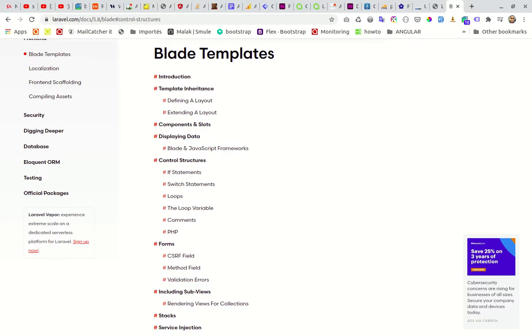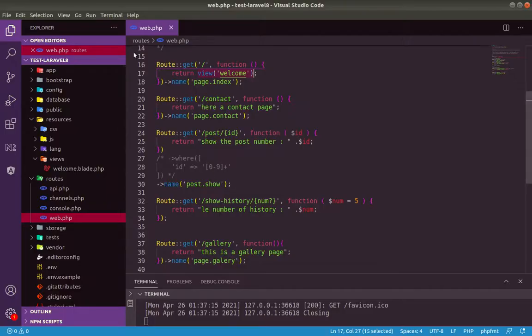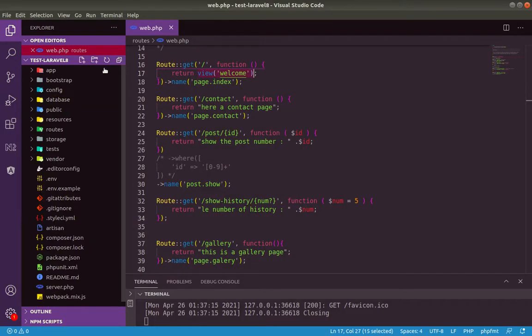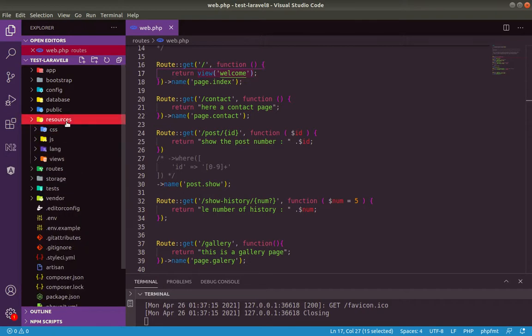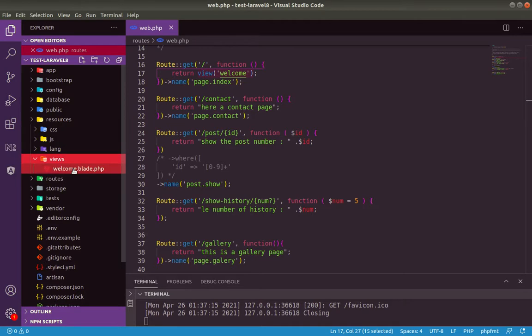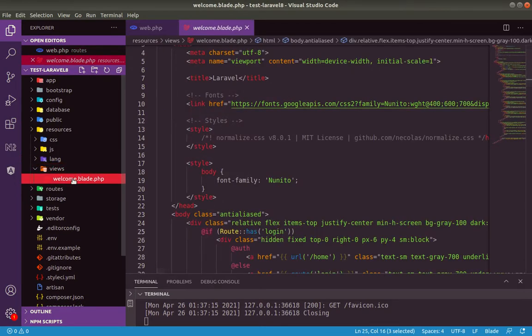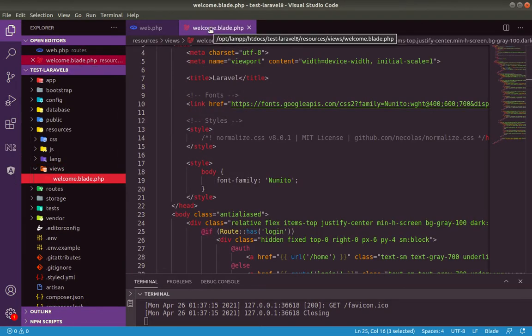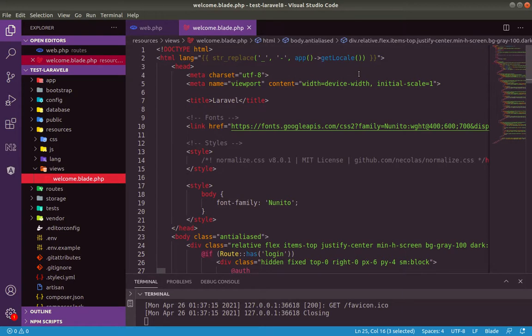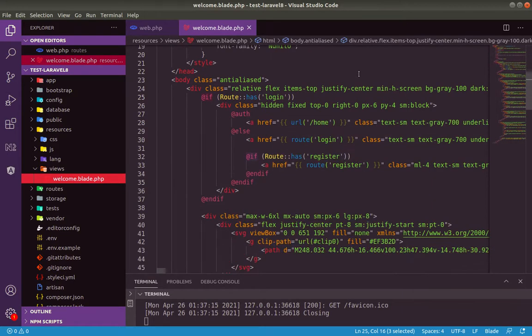So let's see where we can find our Blade template file. We can find it inside resources, then views. This is a file for the Blade template engine. You can see it is a combination of HTML